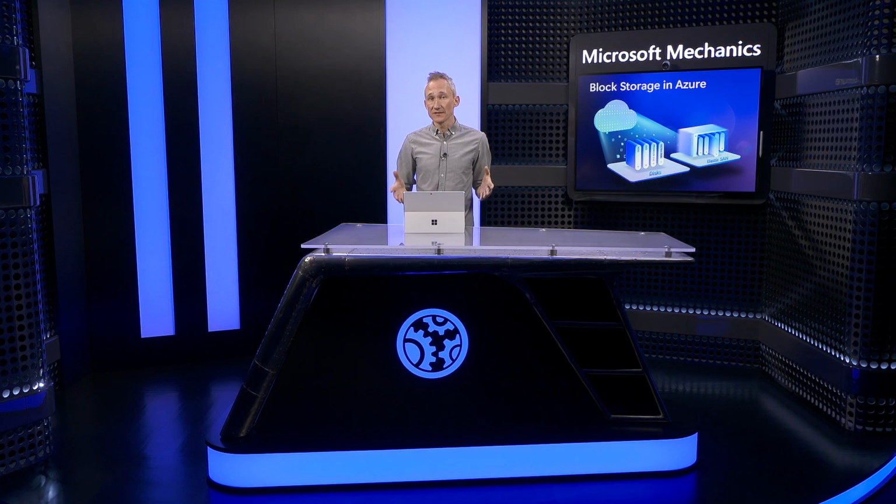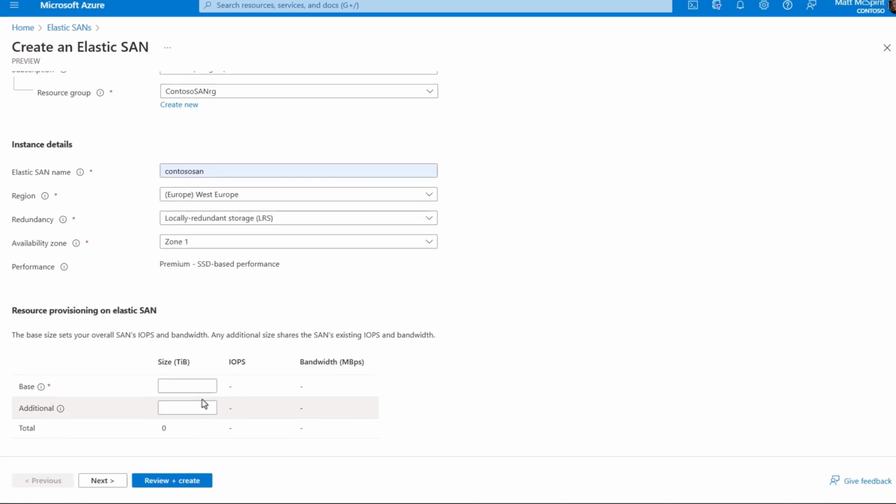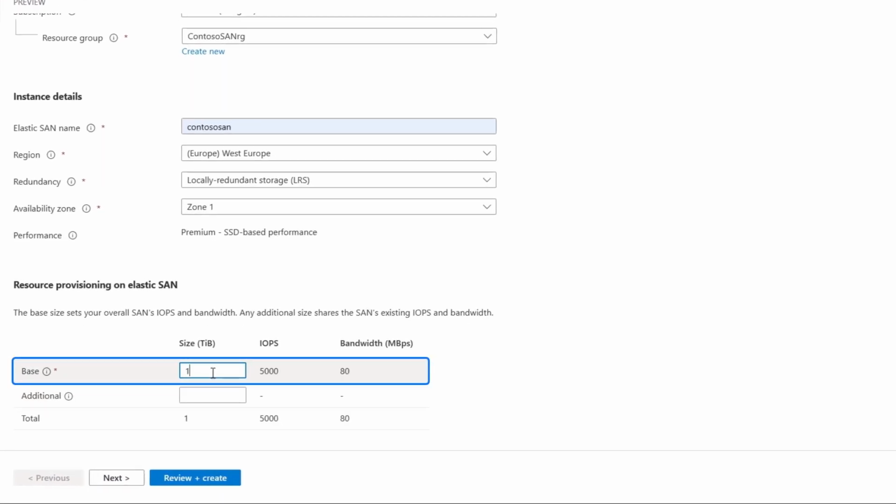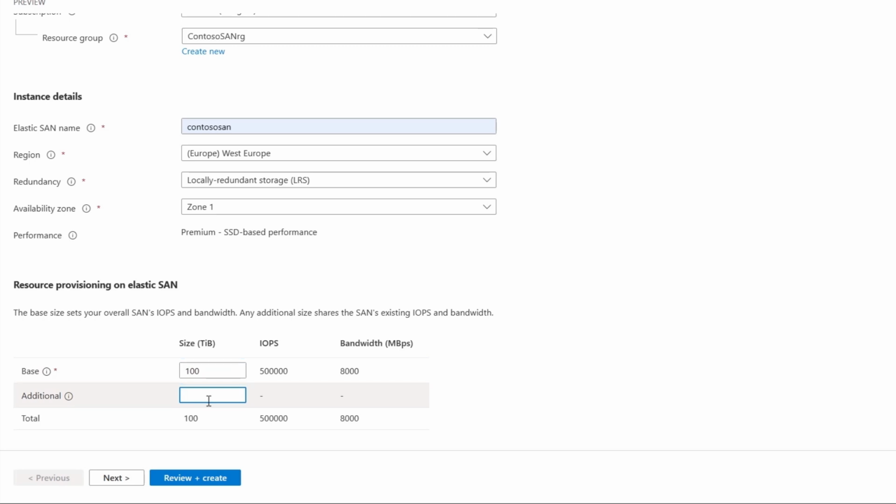And you have the flexibility to easily and cost-effectively optimize the size and performance of your SAN. To achieve this, first you select your base units. Essentially, the more you have, the more performance and storage you get. In this case, up to millions of IOPS and double-digit gigabytes per second in throughput. And once your performance needs are met, at any point in time, you can increase your storage capacity separately, which is significantly less expensive than adding more base units.